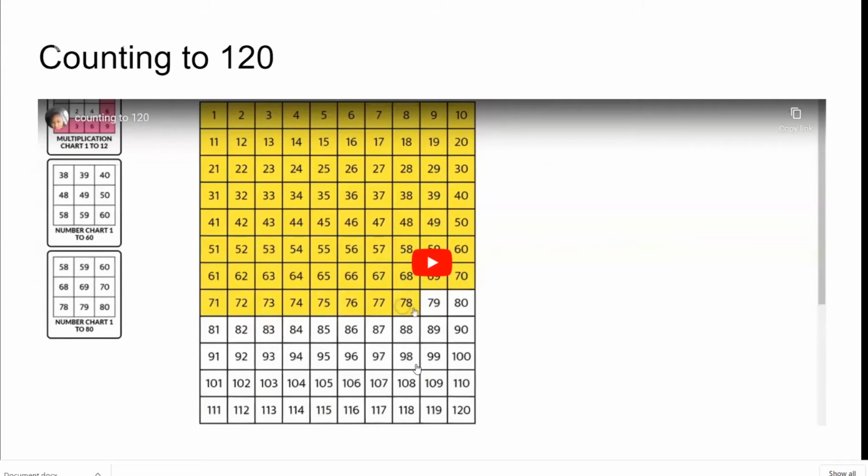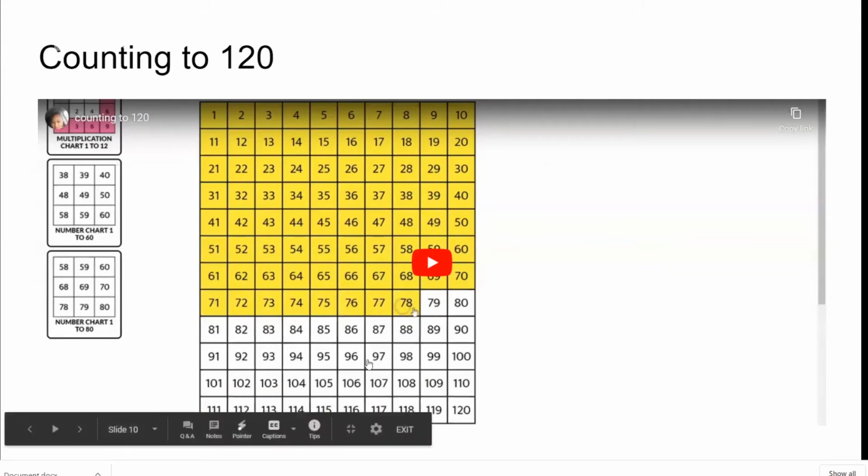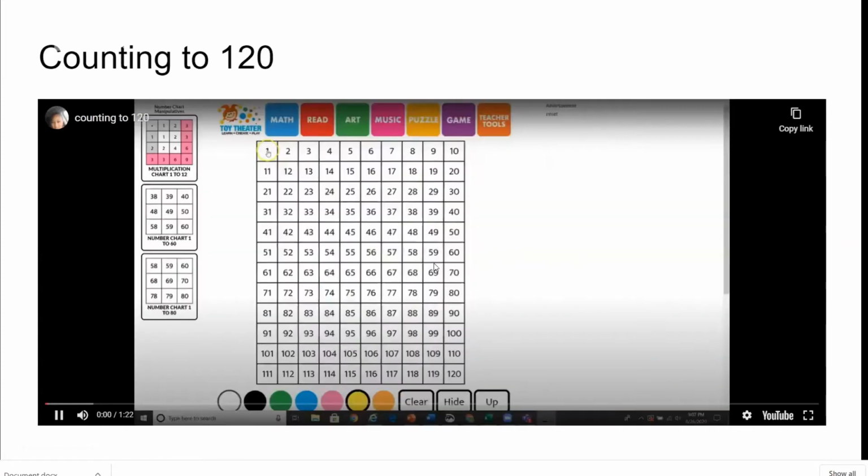Stand up nice and tall. Take a deep breath in and get ready to count. 1, 2, 3, 4, 5, 6, 7, 8, 9, 10, 11, 12, 13, 14, 15, 16, 17, 18, 19, 20, 21, 22, 23, 24, 25, 26, 27, 28, 29, 30, 31, 32, 33, 34, 35, 36, 37, 38, 39, 40, 41, 42, 43, 44, 45, 46, 47, 48, 49, 50, 51, 52, 53, 54, 55, 56, 57, 58, 59, 60,